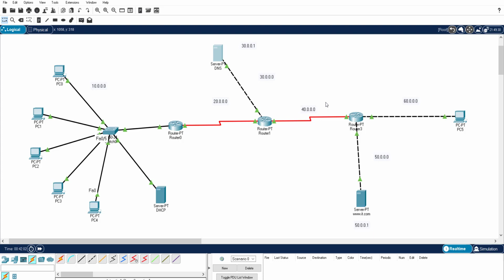For all these protocols, we have some set of examples. If you take a distance vector, there are some examples available. Link state, some examples available. Here I'm going to use a very simple routing protocol. The name of the routing protocol is RIP, R-I-P, I'm going to use the RIP protocol. RIP is a distance vector routing protocol.